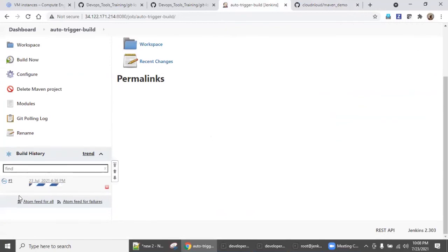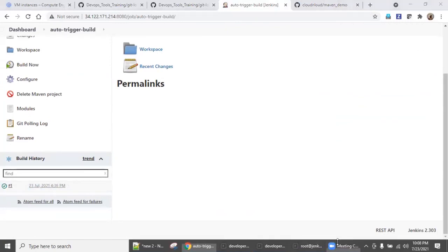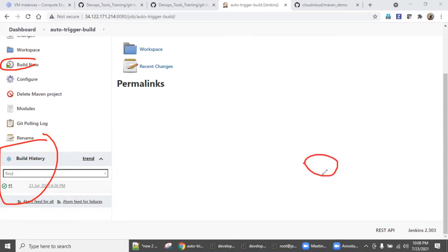Immediately, wait for some time. See here, we never touched the Jenkins part. We never touched the build now part. What we did is we just changed some file. I'm a developer sitting in Chennai or Bangalore, right?